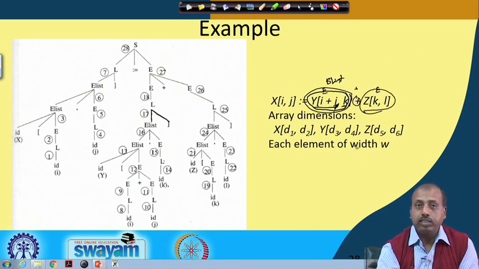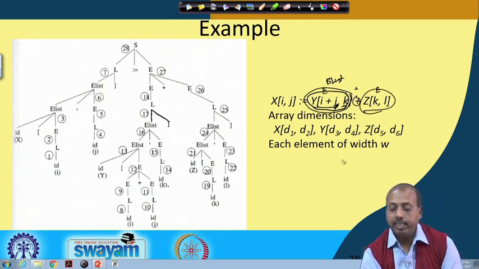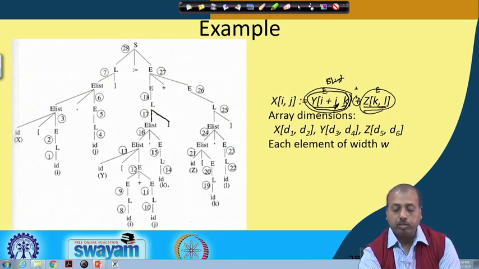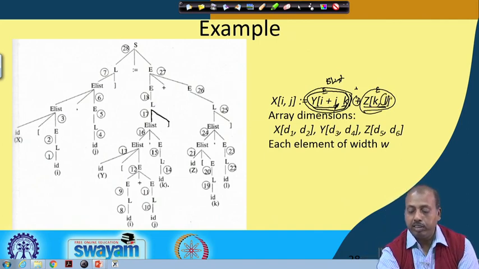Now, I have to do this for Z k l. So, again the same thing. From this E, if you want to come to an array, the first rule is this E producing L and then L producing E list bracket close. So, E list, this whole thing is E list, and then the bracket close is separate. Now, this E list I have to break into E list comma E, where E will give me this L part and E list will give me this part, and comma will be there. So, it is E list comma E.